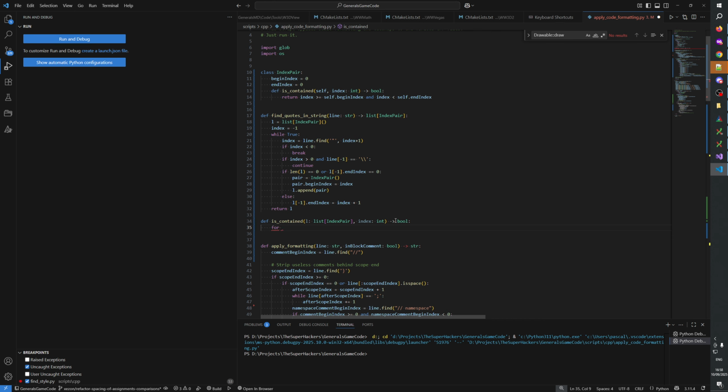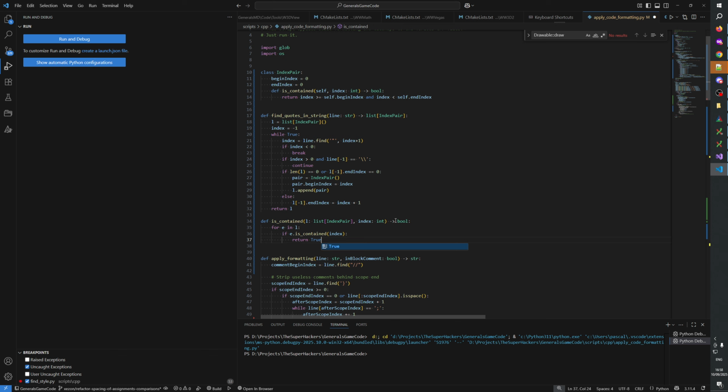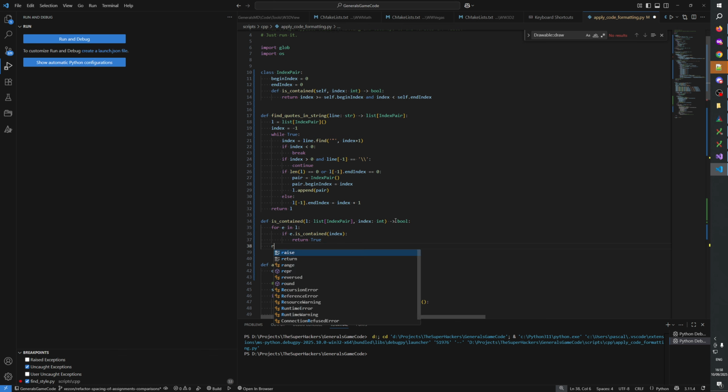For E in L, if E dot is contained index, then return true, otherwise return false. Okay,